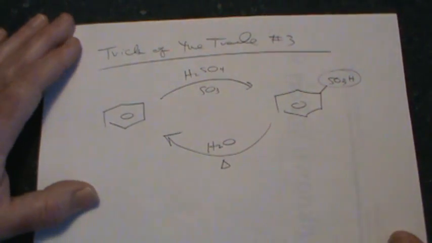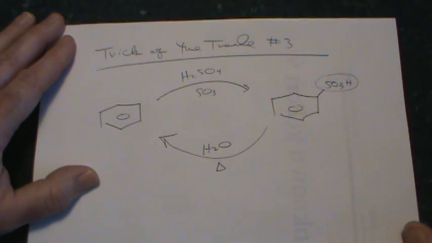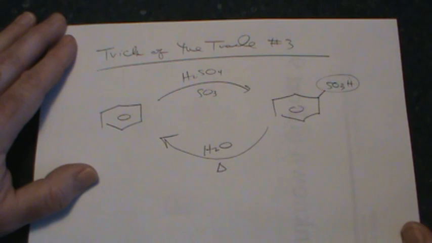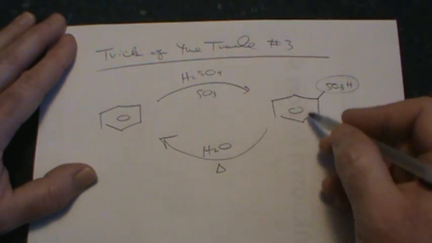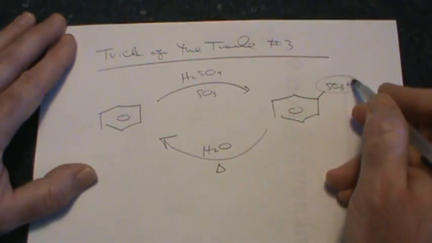and you do need the triangle because we're talking about boiling H2O here. This is not a reaction that will work at or near room temperature. It needs to be boiling water, very hot water. So we're going to take water, we're going to heat it up, and we can go right back to the benzene. That is, we can knock off